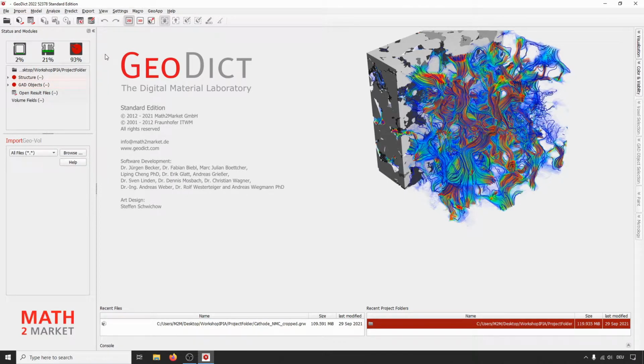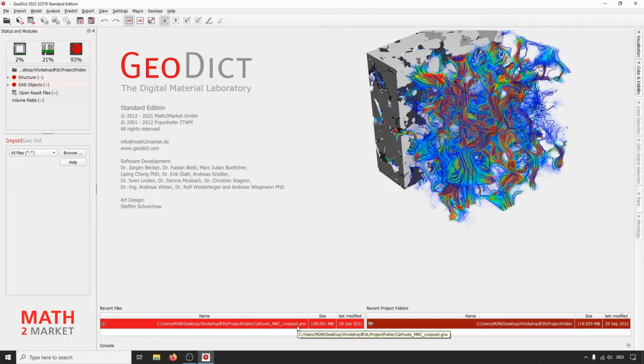And then we will reload the file that we just saved. You can either do this if you saved it yourself by double clicking down here on the file. It should appear there.